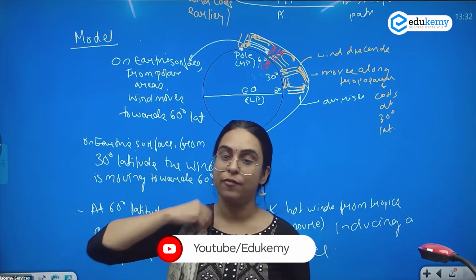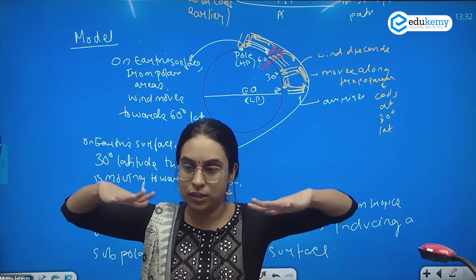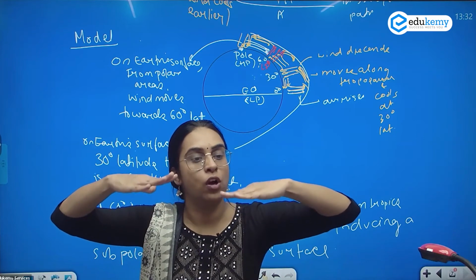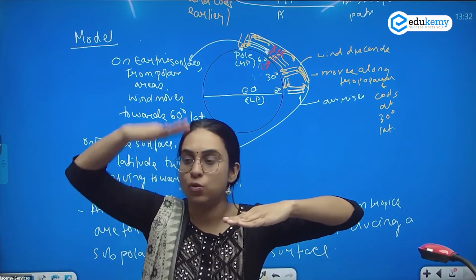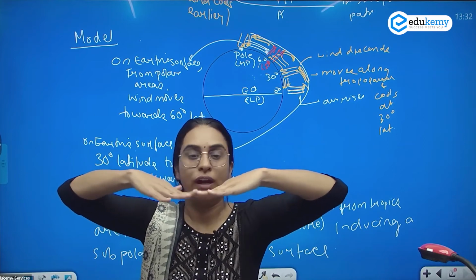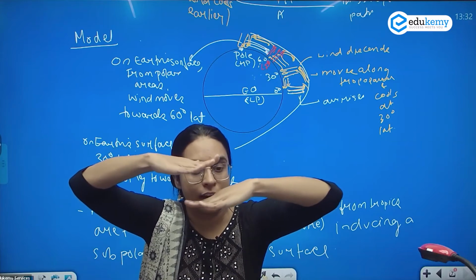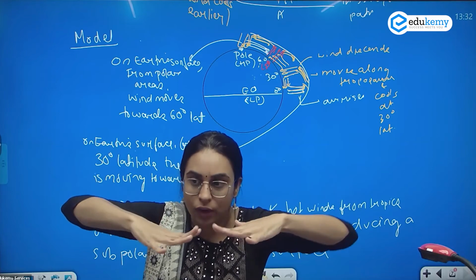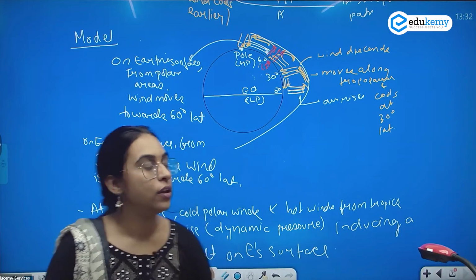Now, what is happening at 60 degree? Why am I saying that the winds are forced to rise? So understand, a cold wind is coming, a warm wind is coming. The tendency of the cold wind is to descend, to sink, whereas the tendency of the warm wind is to rise. As the warm and the cold winds are coming, what will happen? Obviously, the tendency of the warm wind will be to rise, whereas the tendency of the cold wind will be to stay at the bottom. But overall, क्या हो रहा है? Overall rise हो रहा है. पूरी wind, they will rise, and therefore they are forced.